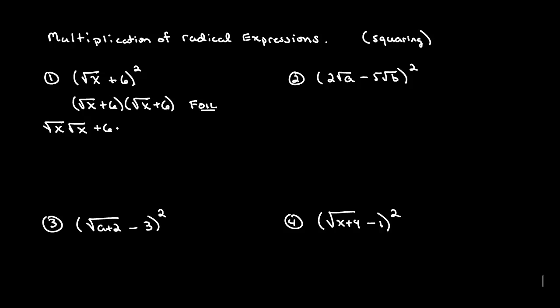So let's take the outer terms. So we have 6 square roots of x. And let's do the inner terms. And so that'll be another 6 square roots of x. And then our last terms will be 6 times 6, which will give us 36. Now the square root of x times the square root of x